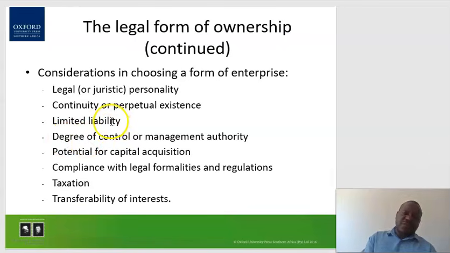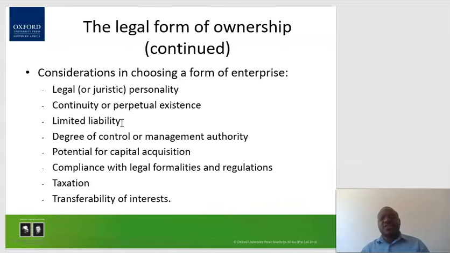But there are other forms of business enterprises that have unlimited liability. So what it means if your business has unlimited liability is that if your business is owing someone and the business is failing to pay, they can actually take or attach your own personal assets, wherever they may be. They can attach them and recover whatever your business is owing them. So we need to understand the difference between limited liability and unlimited liability, so that when we are making the choice of business form, we make that choice with information.